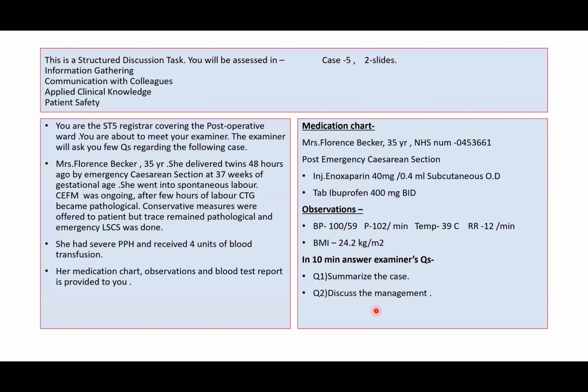After examination, I will run some investigations. Some investigations have already been done, but some I need to repeat. Especially, I will go for the urine test to rule out any infection, and also the full blood count to check her WBC count again to rule out infection, and also because she is anemic, her hemoglobin level, and